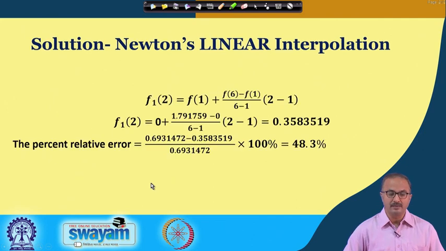And now what we find, after solving, is that this is the value of ln 2 by interpolation. And now you see the exact value was given like this, and this is the estimated value from interpolation, and see that we are getting such a large deviation. This is the percentage error we are getting. Okay. Now let us try out another one.